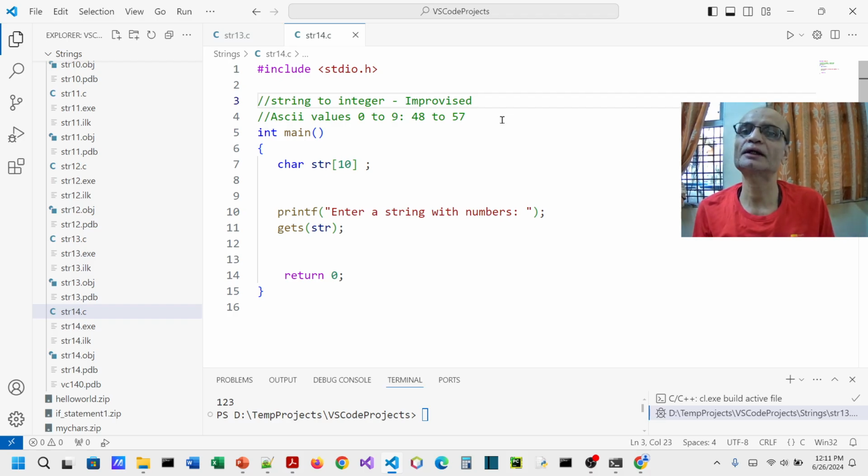That means if I get a string where I have from 48 to 57, then I should be able to get numbers from that string. So if that logic is clear now, then we should be able to write it. So let's now try to have a